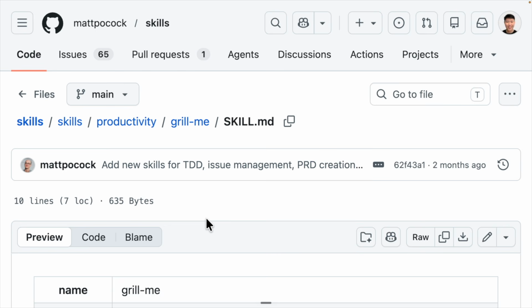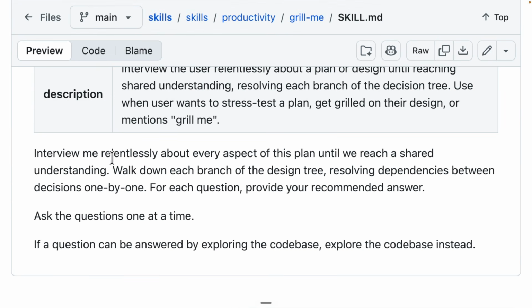Now, one of the skills that I recommend if you want to dump your entire knowledge into your second brain, like Hermes agent, is a skill called Grill Me. You can see that this skill is going to relentlessly interview you until you and your Hermes agent reach a shared understanding about what you're trying to achieve, right? It could be your context about what business you're trying to do, it could be your goals you're aiming for, it could be the clients you're working with. It clears out those ambiguous requirements